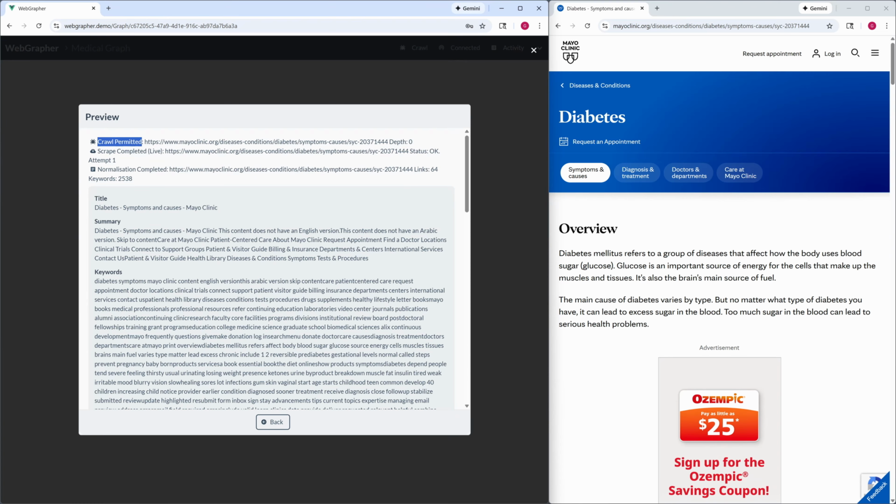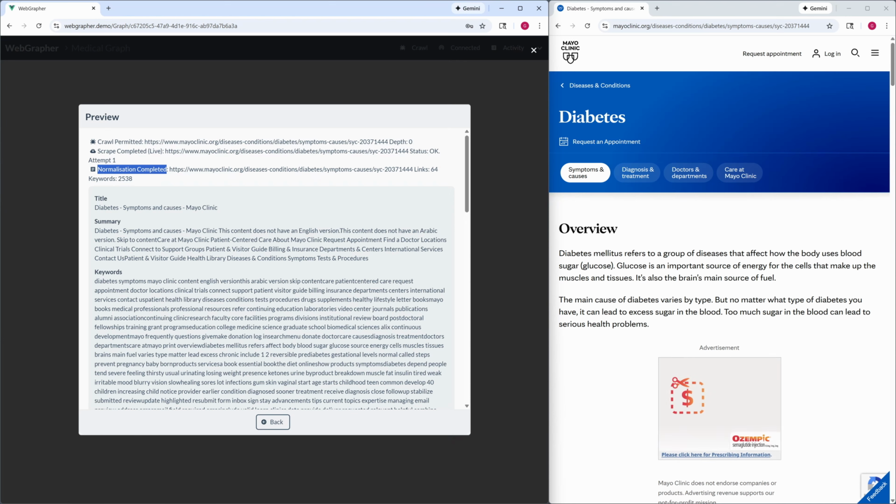Here we can see the crawler microservice permitted the website to be crawled after checking the site's access policy and any rate-limiting restrictions imposed by the servers. The scraper microservice then proceeded to fetch the web page and store it in a cache. The normalization microservice then read the web page from the cache and extracted and normalized the data before generating a